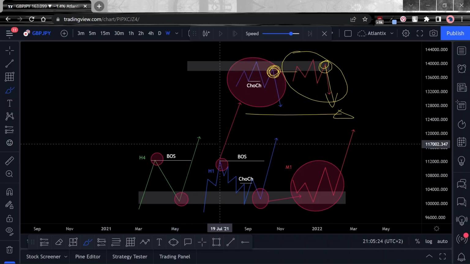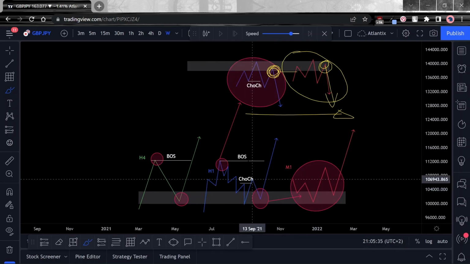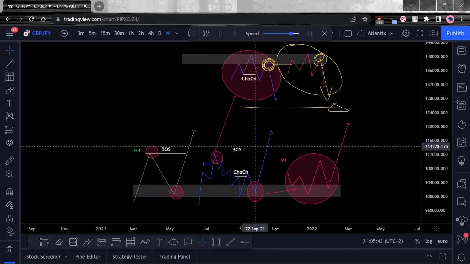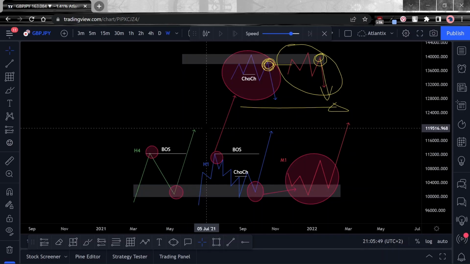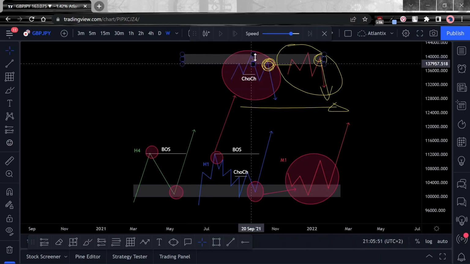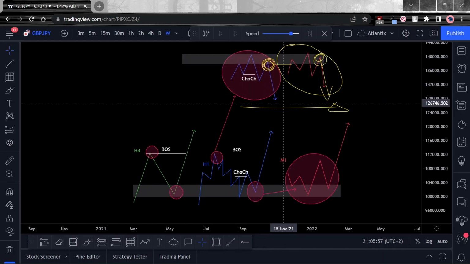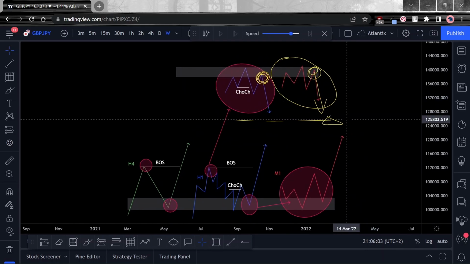Okay, so these are the two setups that I trade. These are the two setups that I think if you can master, you can become a profitable trader from a strategic point of view. These are the two things that I'm looking for. I'm never looking for more than that. I'm simply looking for price to come into a point of interest, change its character, and I move with price. Price comes into a point of interest, changes its character, I'm going against the trend. When it hits my TP, I'm out. I'm happy. I'm not even looking to be holding these trades for too long. All right.